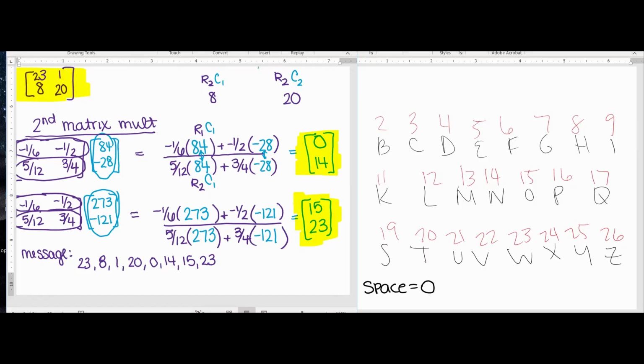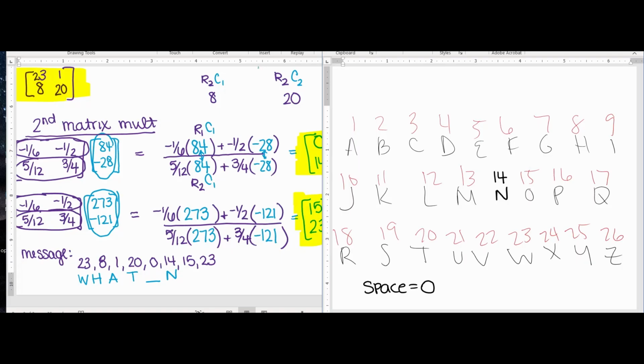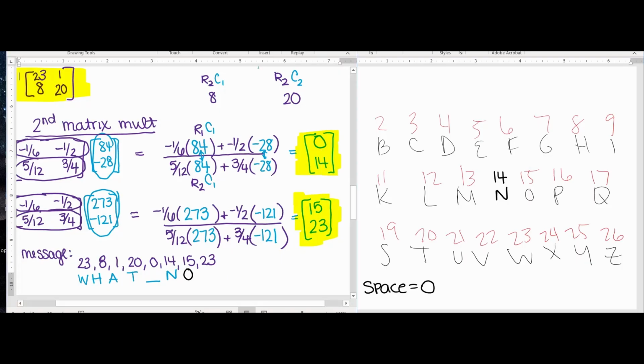So W is for 23. 8 is H. 1 is A. T is 20. 0 is space. 14 is N. 15 gets us O. And 23 gets us a W. So our message